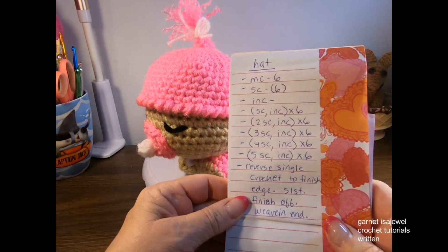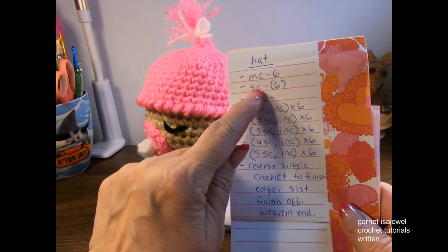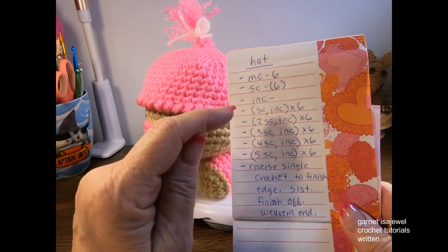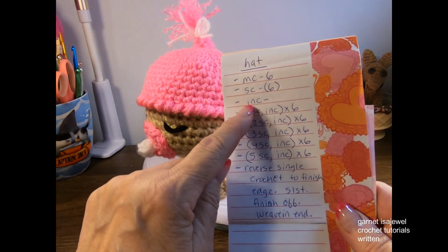6 magics in the magic circle. Our first row will be a single crochet. This is all going in a spiral, so be sure to mark the first stitch of every row. So our next row will be an increase,